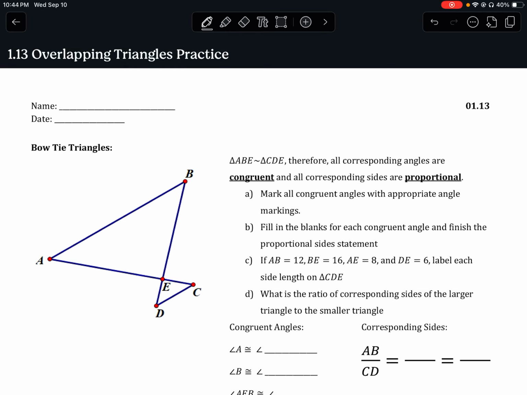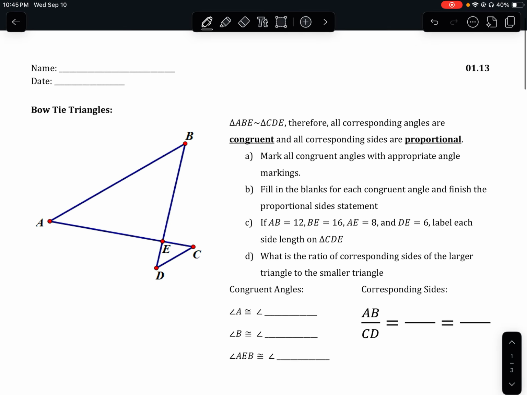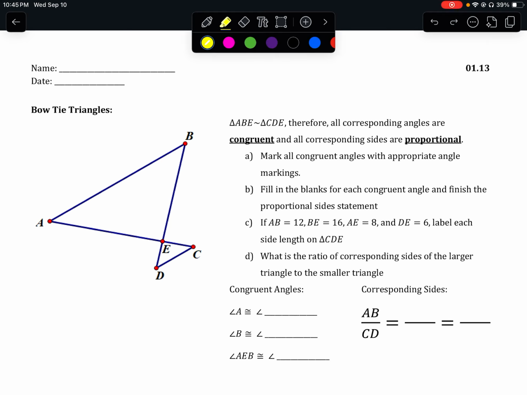Hey everyone, in this video I wanted to talk about bow tie triangles as well as revisiting overlapping triangles concepts. I call them bow tie triangles because it looks like a little bow tie. They're just similar triangles that meet at that common vertex point, this one being point E here. So always read the similarity statement that goes along with it because it'll tell you a lot of information about